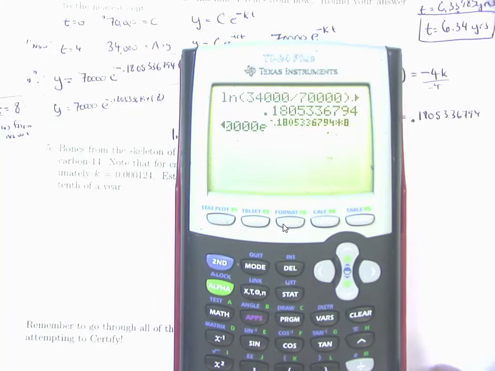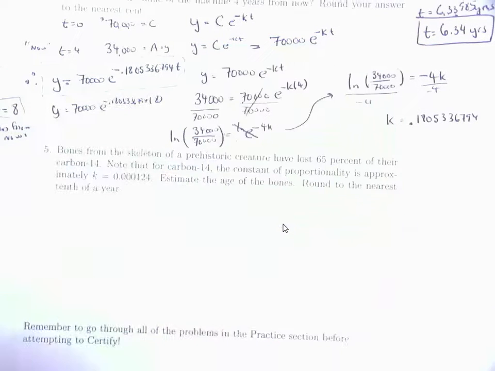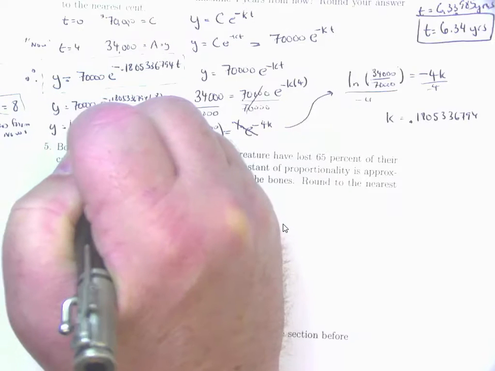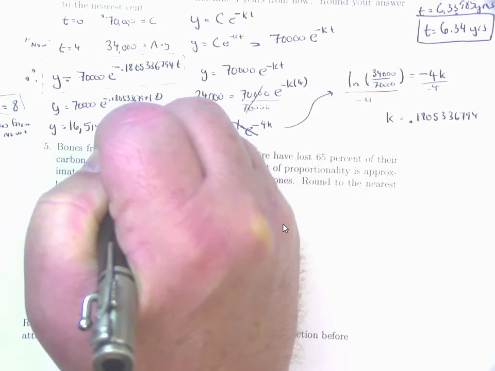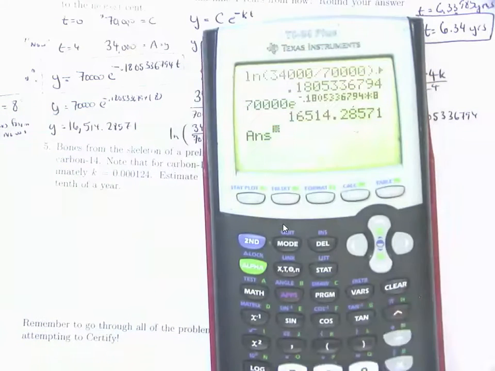And I end up getting, how much is it worth now that we have to report to our taxes? Y equals 16,514.28571. And I wrote down all the decimals for you guys because I want to make sure that you follow